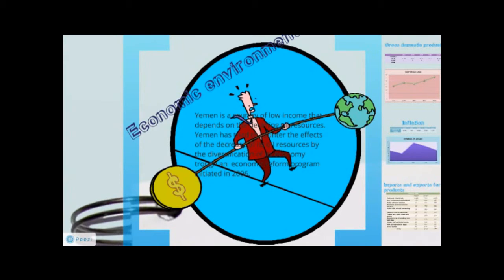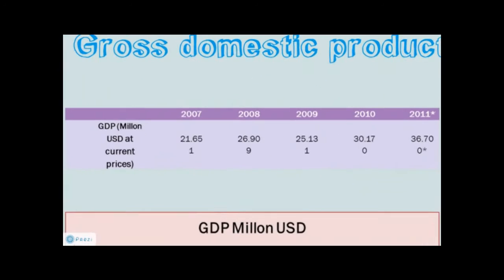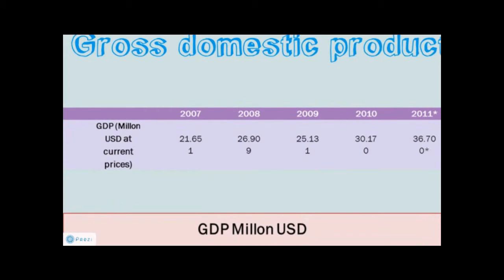This environment isn't too positive for this country because it is a low-income country that depends on declining oil resources. Yemen has tried to counter the effects of the decrease of its oil resources by the diversification of its economy through an economic reform program started in 2006, which is designed to support non-oil sectors and foreign investment. The most important indicators for our analysis are gross domestic product. The gross domestic product in 2009 was about